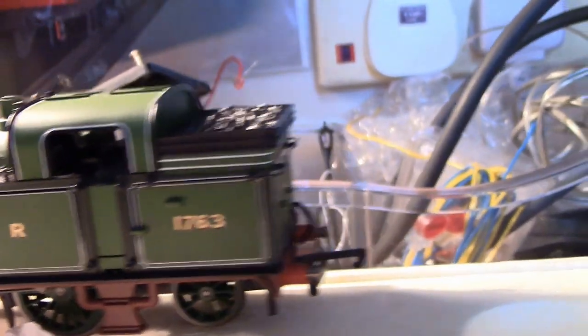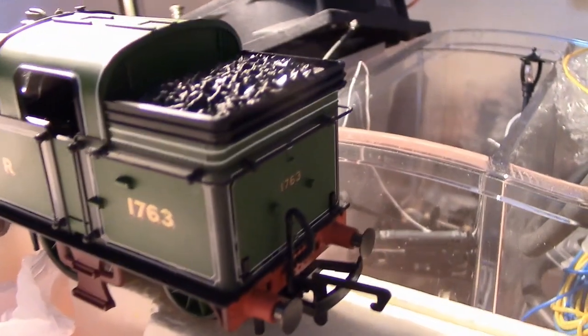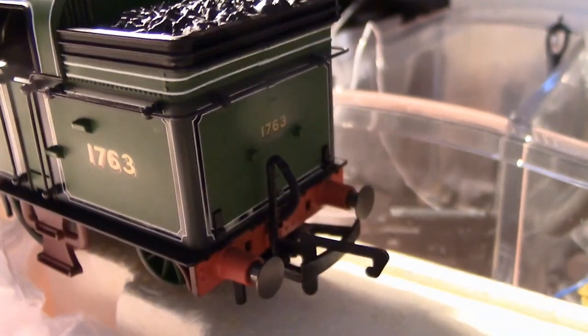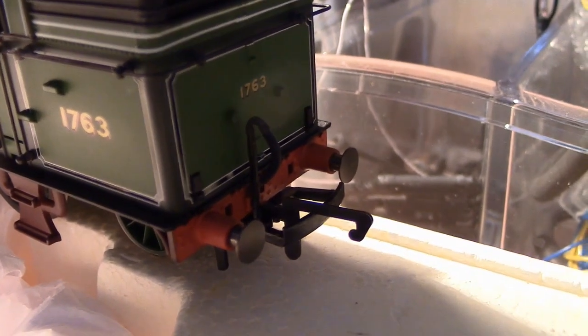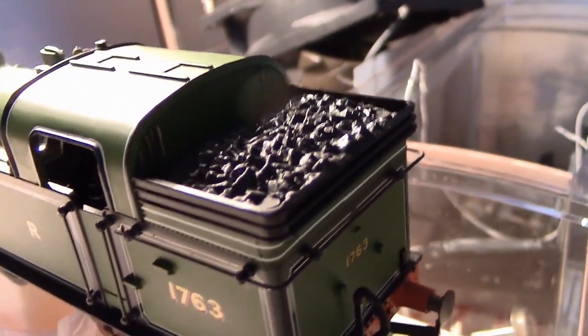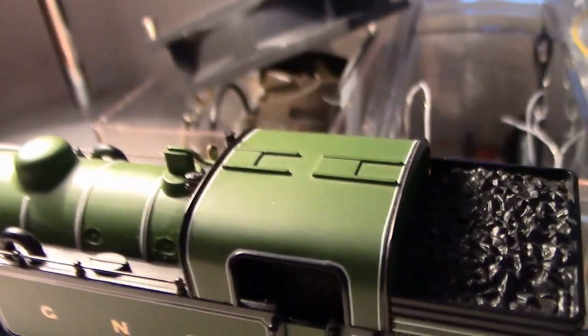It's got a nice little bit of detail on the bunker. The bunker at the back there, as you can see, has got separately fitted blackened handrails, vacuum pipes on there. Those buffers are sprung. Nice believable coal load in the back there. Looking at it from the top shot,